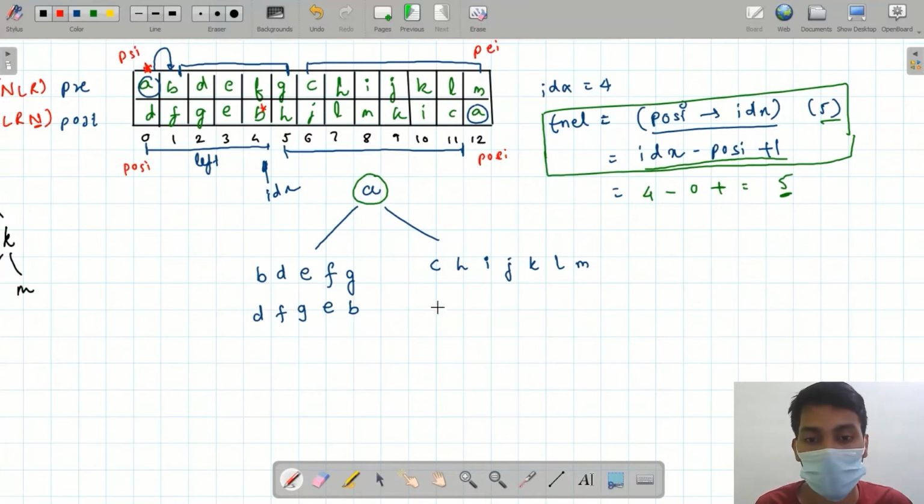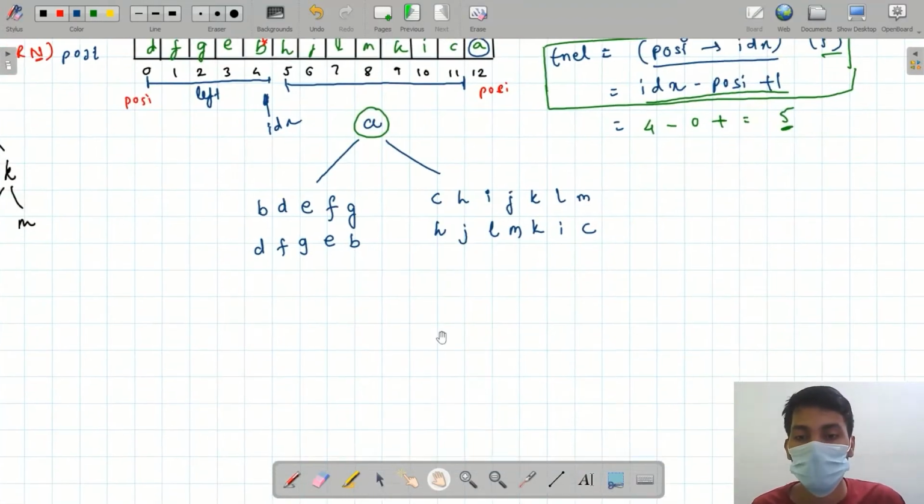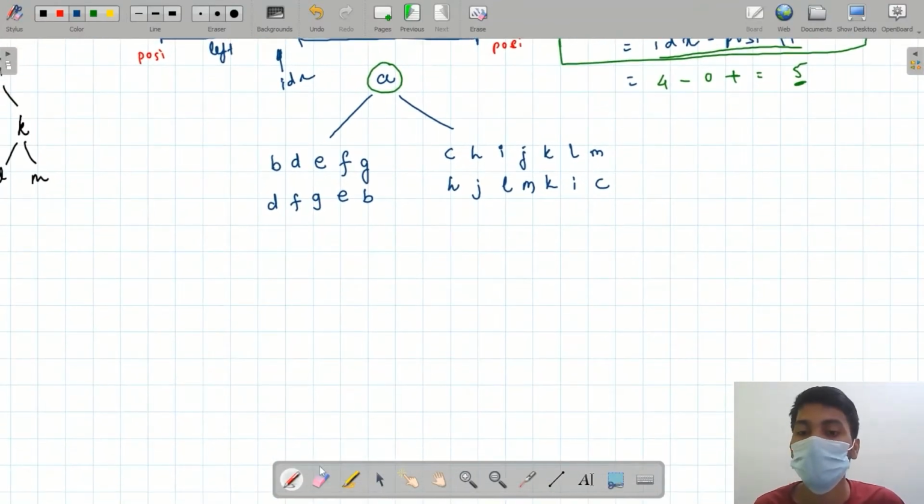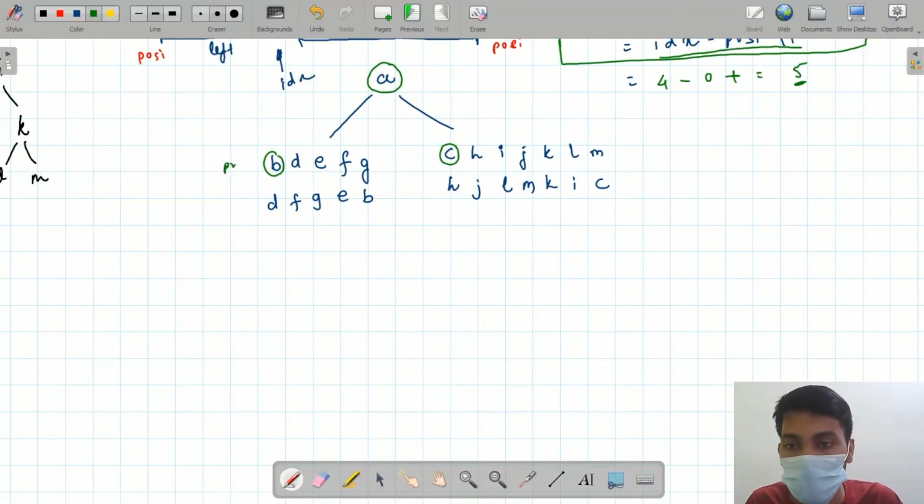So we are going to send till where? From H to C. So H, J, L, M, K, I, and C. Nice. From here, now we are going to do the same things again. We know that this B is going to be set as the root node in the left subtree, and for this part, C is going to be set as the root node,